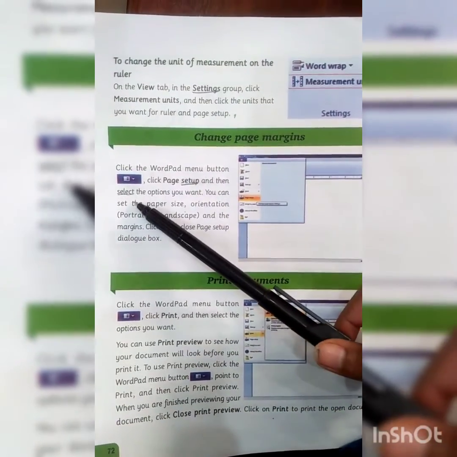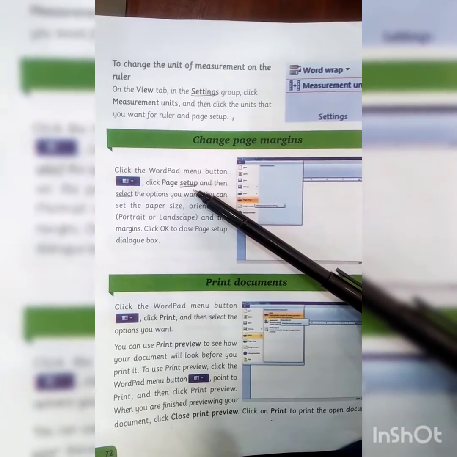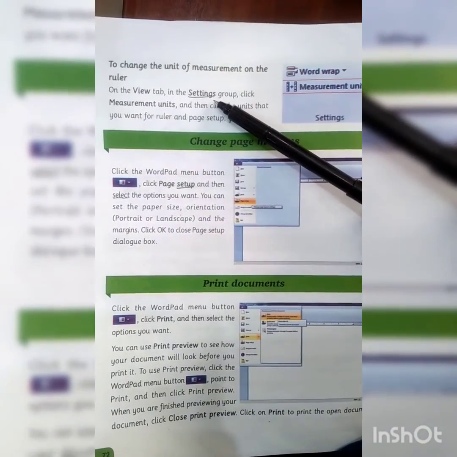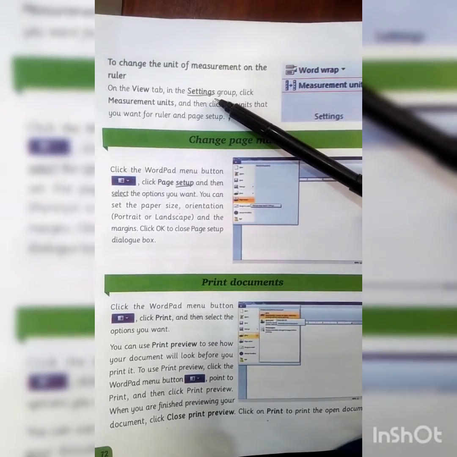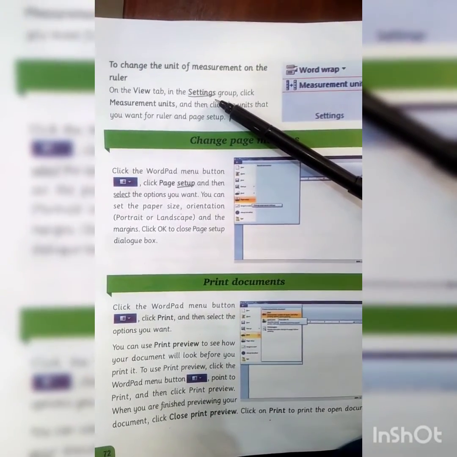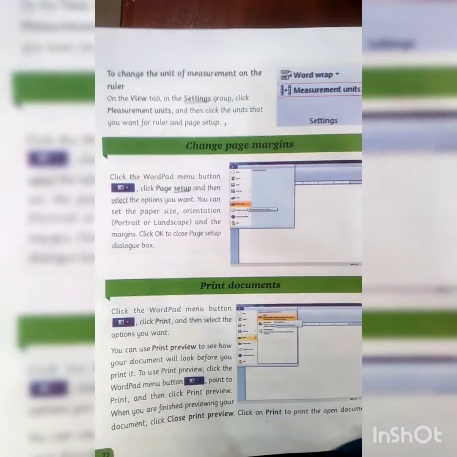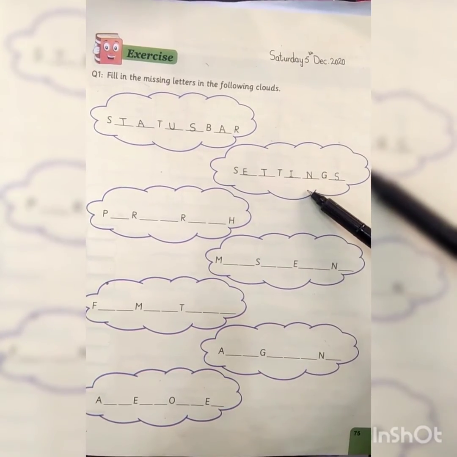As you know that select and setup are not 8 letters word and settings is 8 letters word. So settings is our desired word. Write it in our cloud. Students, we have found our second word, that is settings.